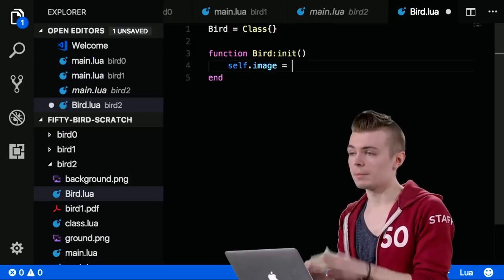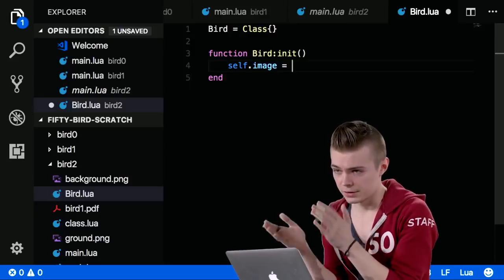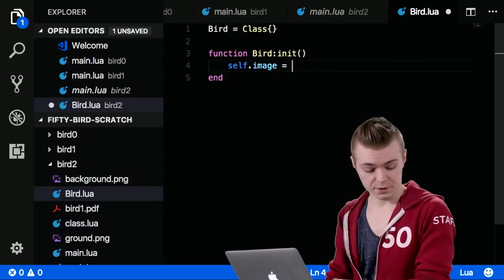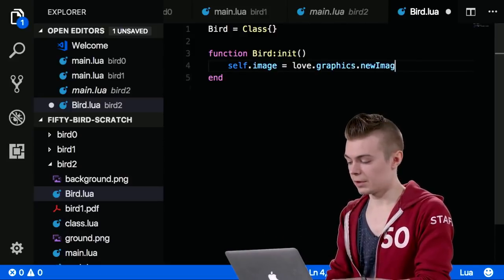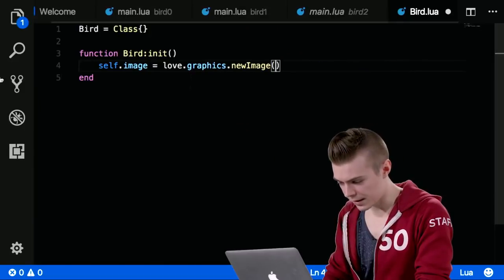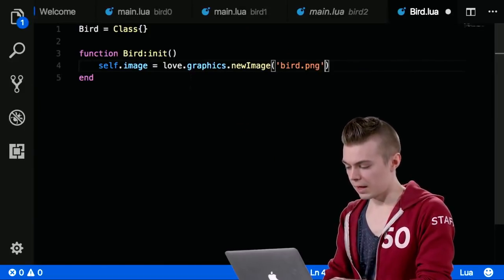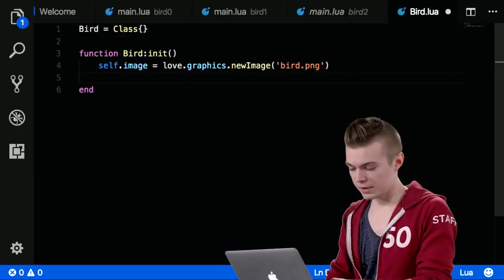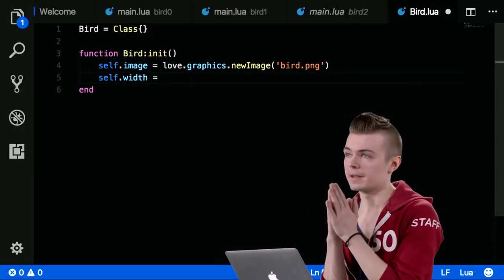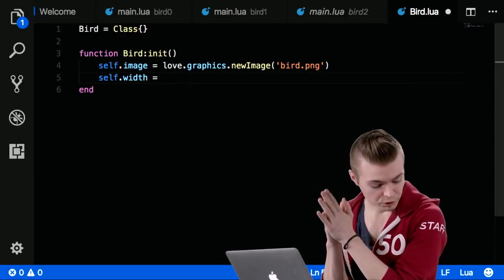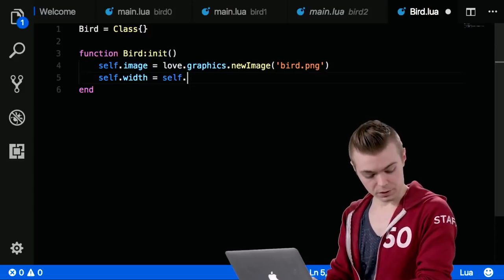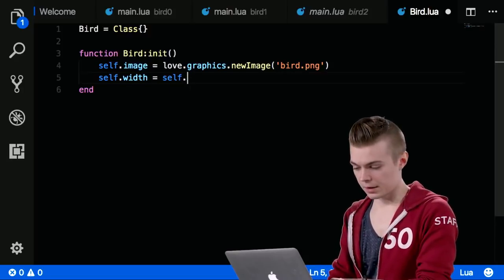So we're going to need an image for our bird, because we want to draw it to the screen. And so what we need to do, same thing that we did before, love.graphics.newImage. I'm going to go ahead and hide this really fast. And then bird.png. Simple, easy. We want the width and the height of our bird. So I'm going to go ahead and set that to